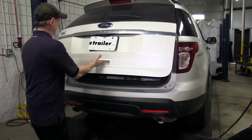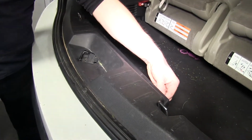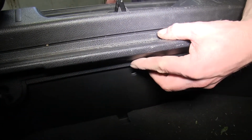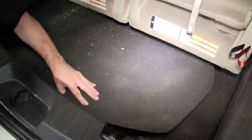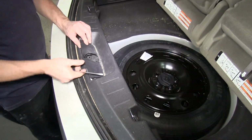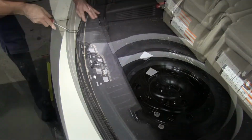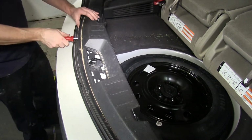First off, we'll go ahead and open up the back hatch and remove the rear threshold. There's a small panel just in front of our threshold that we need to remove and it just unclips. We'll also remove the spare tire cover. There's a small cover for the hatch that we need to remove as well. It's also a good idea to loosen up the weather seal to get a little bit easier access to the connection